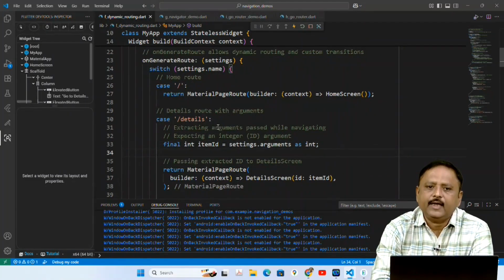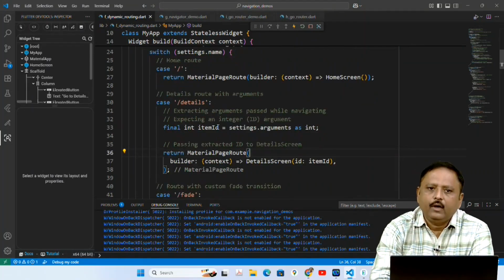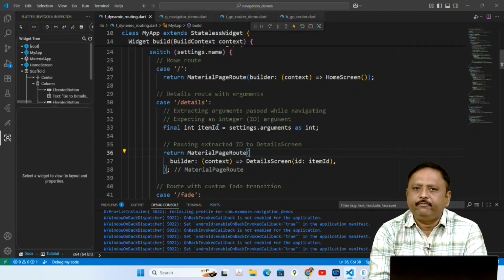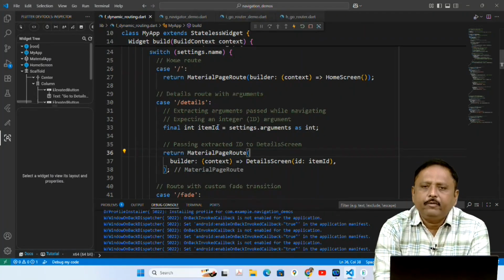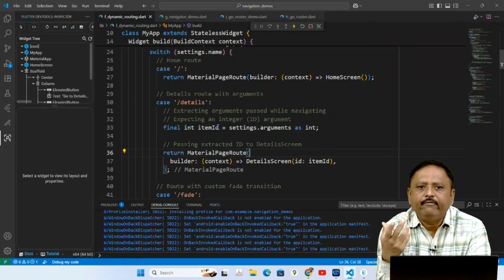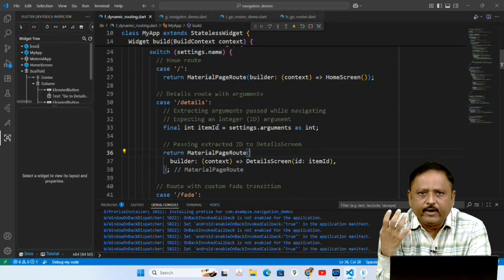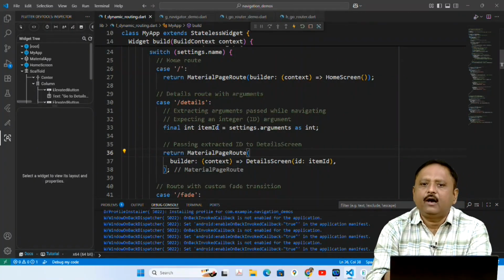So inside itemId I will get whatever integer argument was passed inside the pushNamed method of Navigator. Now what do we want to do next? We have extracted the argument. Now we want to display the detail screen. So we return a MaterialPageRoute. Inside that we pass a builder as argument which returns our detail screen.